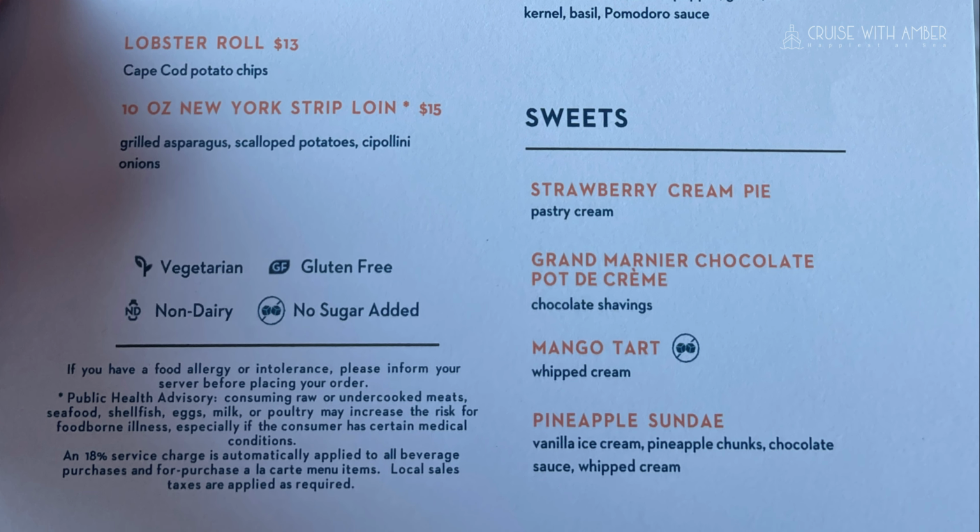Now, while this was really tasty, I admit I did prefer the burger in the dive-in. And for dessert, I indulged in the Grand Marnier chocolate mousse. Now, I kind of wished I'd just kept to 2 courses in the main dining room, as later I discovered